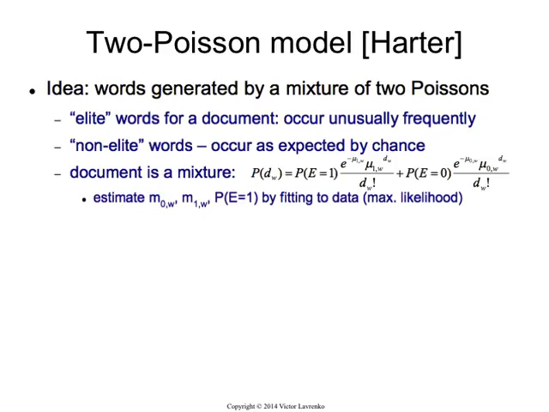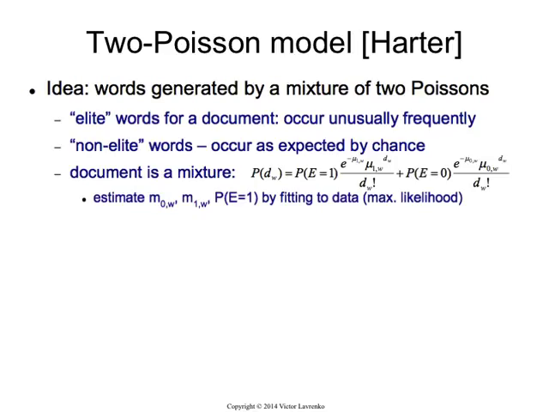And it's just a normal mixture, so you have one Poisson, another Poisson, and you have the two. You have one mixing parameter. So p equals 0 is just 1 minus p equals 1. This model has three parameters. We need the mean for the non-elite Poisson, the mean for the elite Poisson, and the probability of eliteness. And those three parameters you can compute fairly easily using